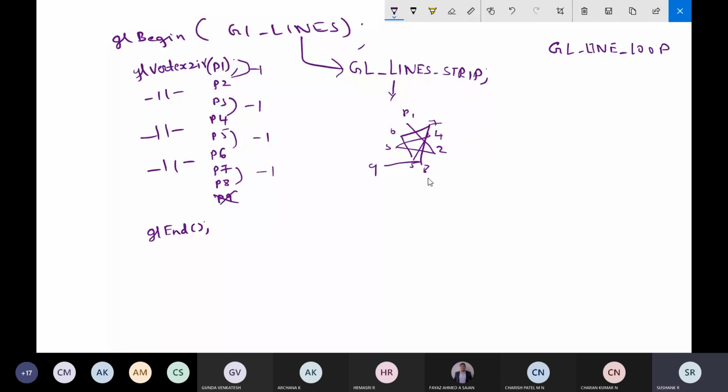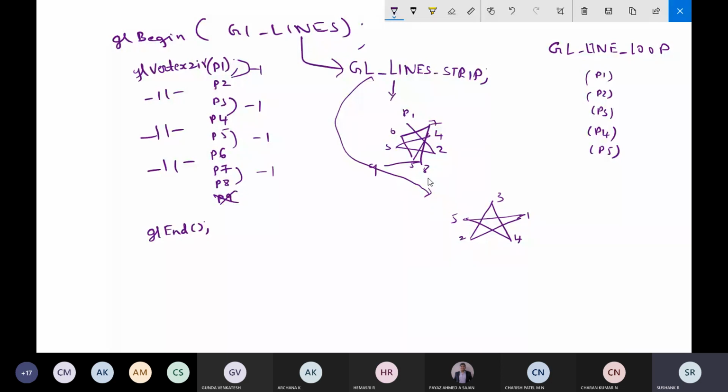How it will work: if I'm using points P1, P2, P3, P4, P5, in our example I joined point 1 to point 2, 2 to 3, 3 to 4, and 4 to 5. In case of line strip, we got the output like this. Now, if I'm using line loop, the last point and the first point will be joined.